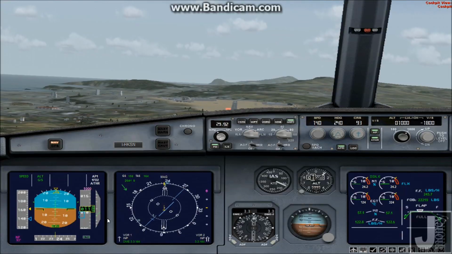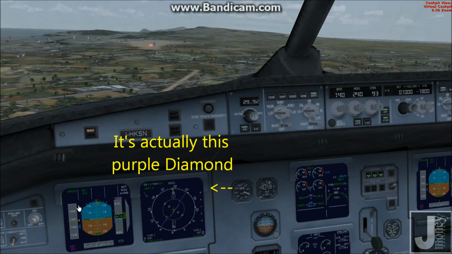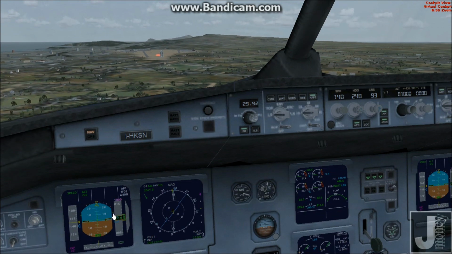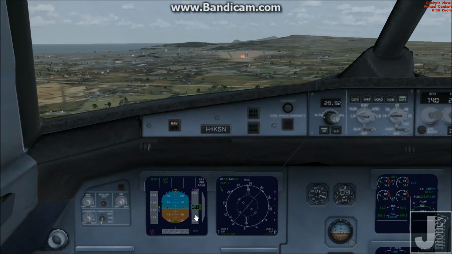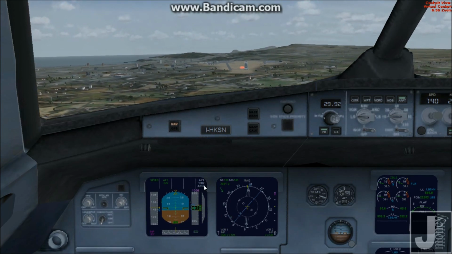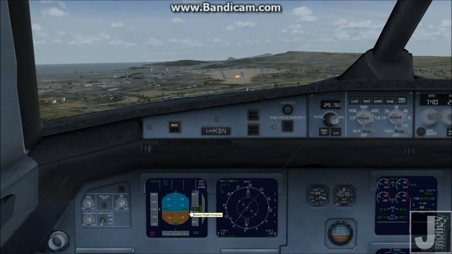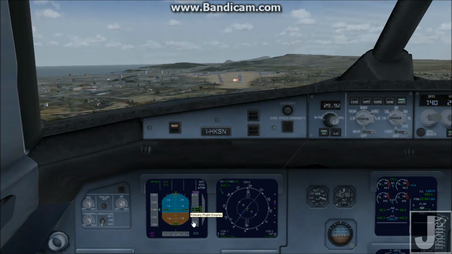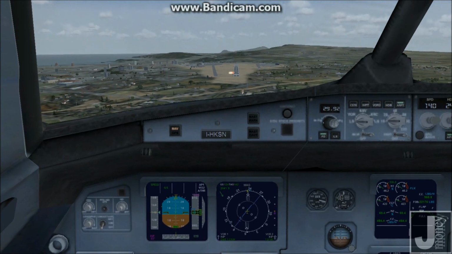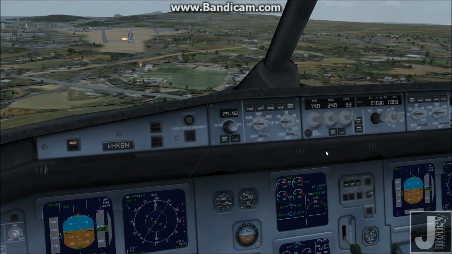So here you can see this green dot here. That is the glide slope. And as that falls down into the middle of the screen, the plane should automatically start to descend. Maybe. I don't know. Oh, yeah, there it goes. So now we're just gonna...